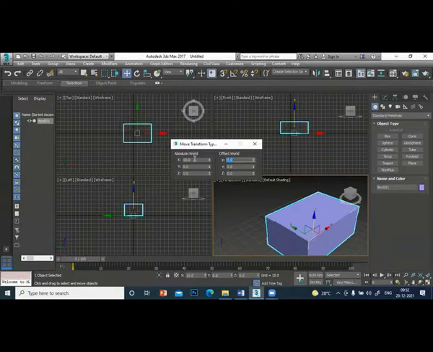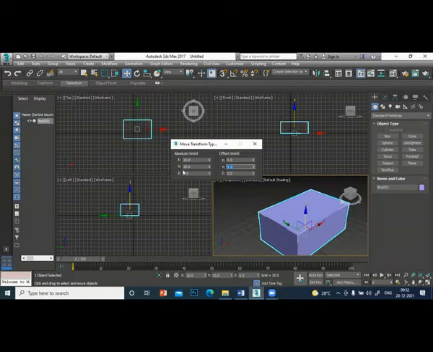It moved 10 units, and it shows you here that it moved 10. And here it became 0 again. So this is to what increment you want. This shows you the absolute coordinate of that object. If you want to move in the y direction, give the value there, 10. So automatically here also the value will change. So by using the offset values, you can move the object an exact distance.